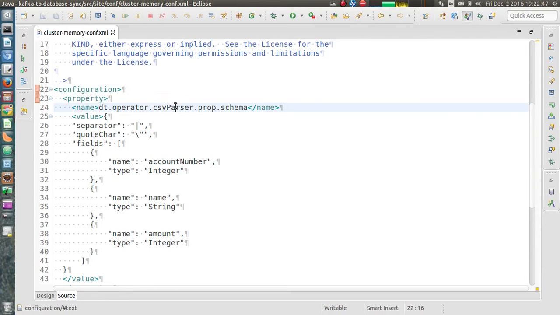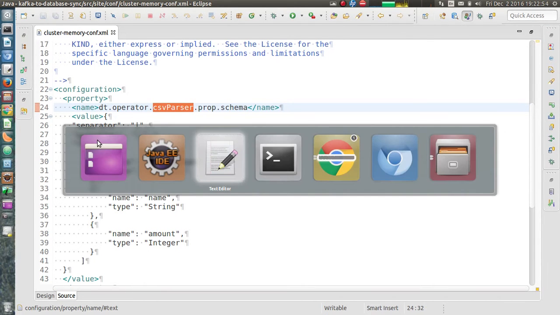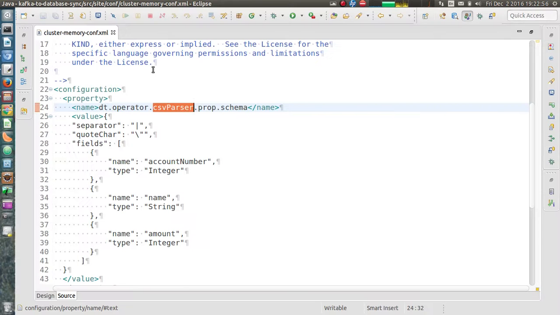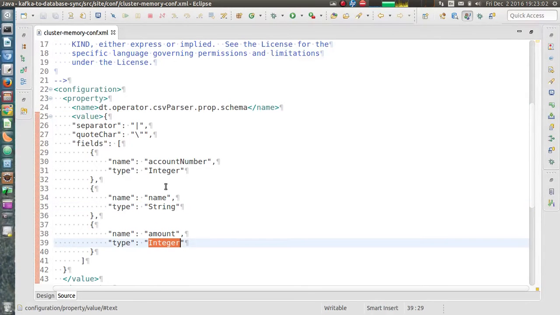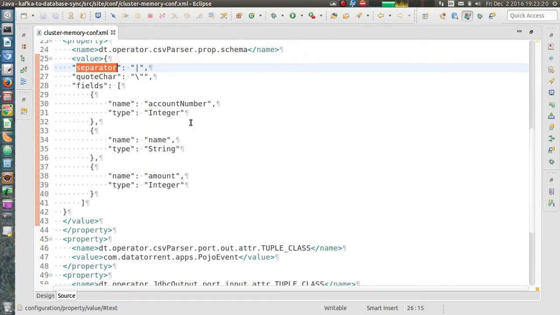So the first property is schema for the parser. Since we have three fields in the incoming messages, we specify a list of three fields. We give the data types for those fields and names for those fields, and then we specify the field separator for the string.